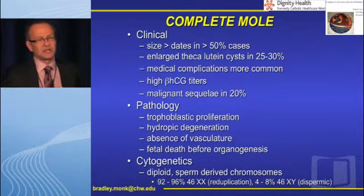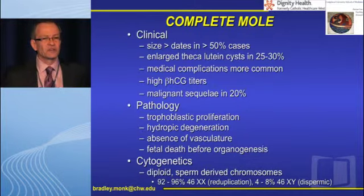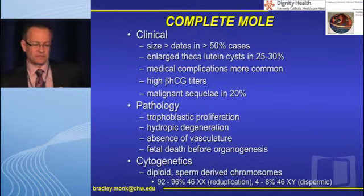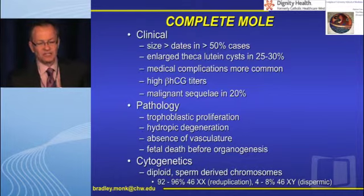The most common scenario is a woman thinks she's pregnant, has an ultrasound, and there's no baby in there. You see a snowstorm, kind of a grape-like scenario, and hydatidiform means grape-like. These are frequently size greater than dates. The high HCG levels cause benign cysts. They can have some complications, which I'm going to discuss, and ultimately they can recur and even become metastatic about